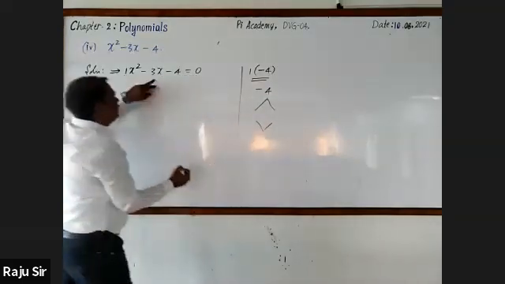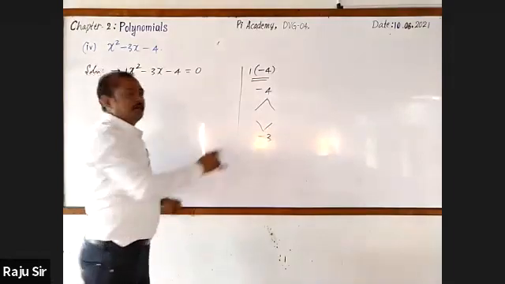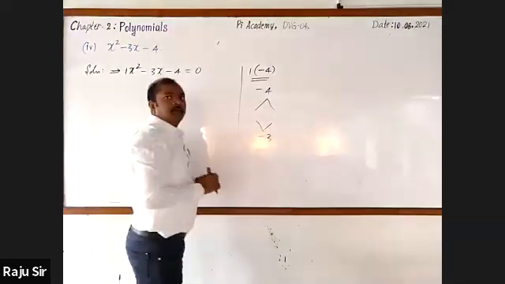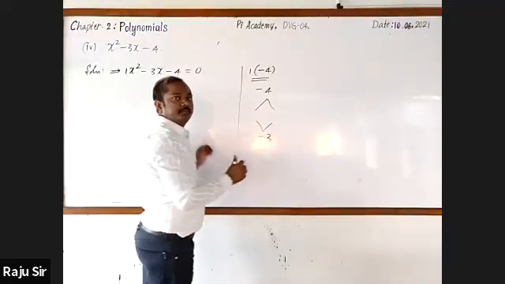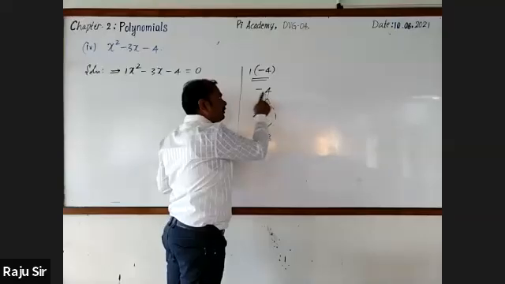And the middle term is minus 3x. We need factors of minus 4. Taking 4 and 1, minus 4 plus 1...